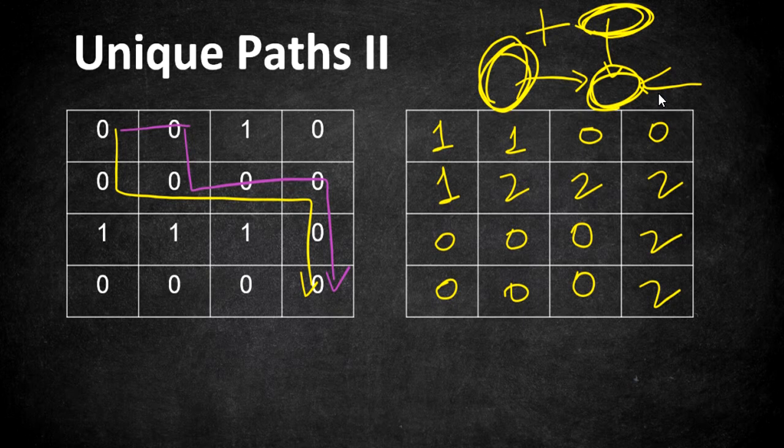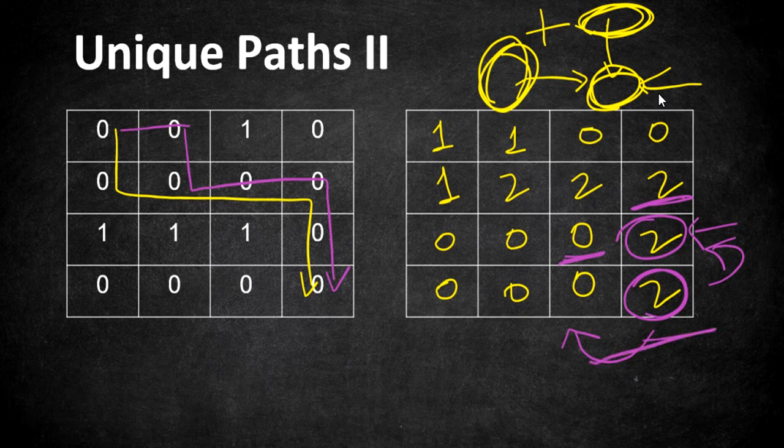For example, if you consider this particular cell, we have added the value in the left cell and the value in the up cell and put it in this box. In the same way, it is going to be here as well. What we had in the previous cell, that is the up direction, and what we had in the left cell to that cell is the answer. I hope you're understanding this pattern and idea now. Here the trickier part is converting this 2D to 1D. Why? Because this actually runs in big O of m cross n time complexity, where m and n are the rows and columns of the given matrix.